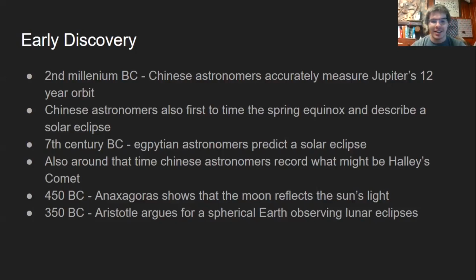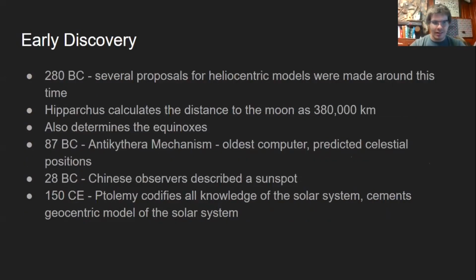an interesting thing. He looked at lunar eclipses and he said, "Hey, that's our reflection, and it's hitting the moon and making a round shape. Therefore, we must be round," which is a very smart observation. So whenever you start to get a little bit closer to the Common Era, you get things like in